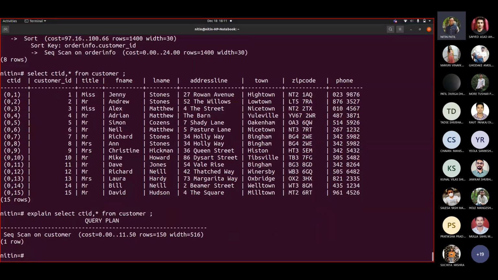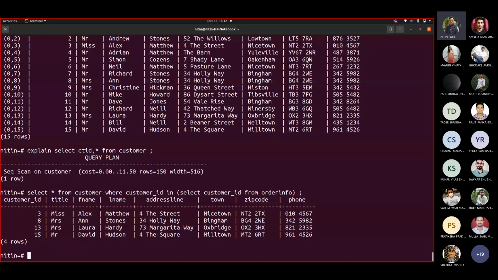So if I want to make use of those operators, let me write this one. Select star from customer where customer_id in (select customer_id from order_info).